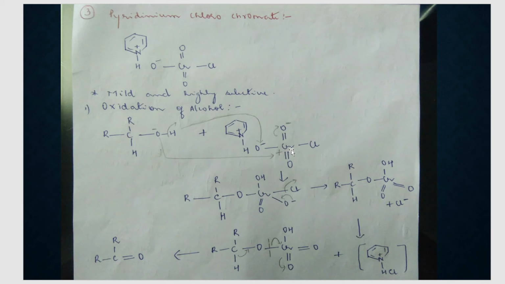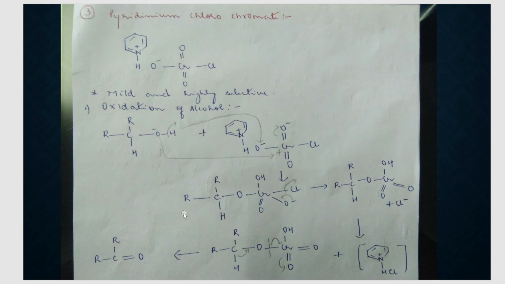Okay. So what happens here? Chromium is having a plus charge. This oxygen has a negative charge. So that will come and form a bond with this chromium. And there is also an oxygen which already has a negative charge on itself. Correct. That will take up this proton and you get OH. So this is your next, see it is coming here. This is your next product that you get. What is it? An intermediate, not a product.